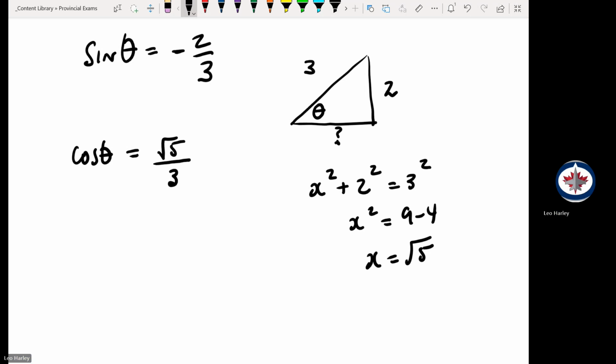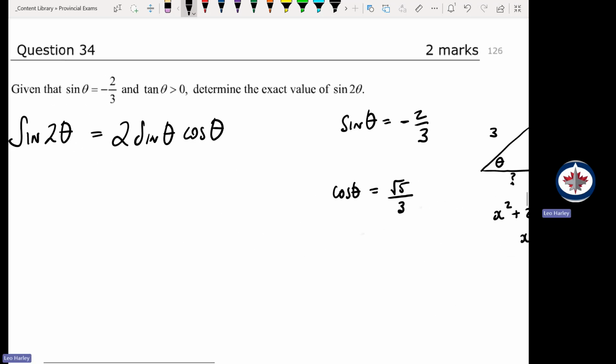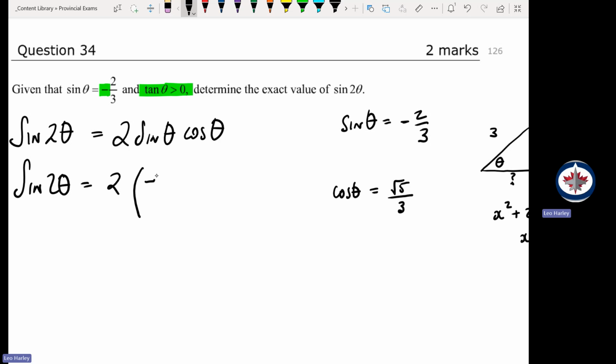And does it tell us which quadrant? We're in the quadrant where tan theta is positive and sine is negative. So do a little bit of analysis. You are definitely in quadrant 3. Do you remember that? The CAST rule? Okay, all right. So now we can say sine 2 theta is equal to 2 multiplied by -2/3 multiplied